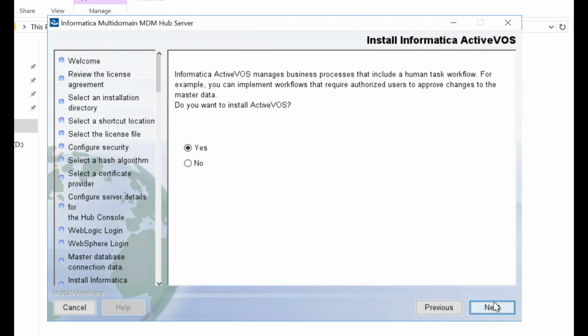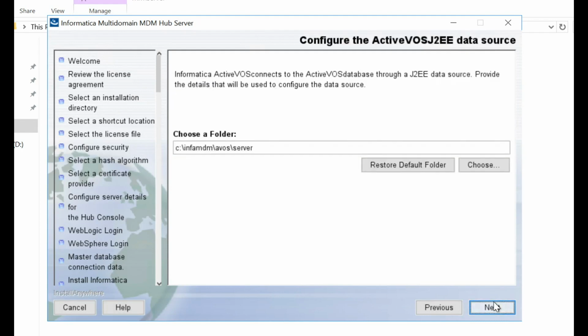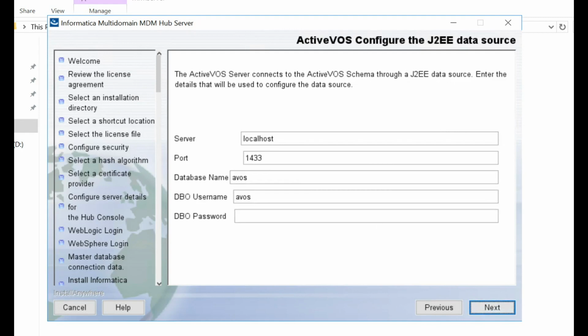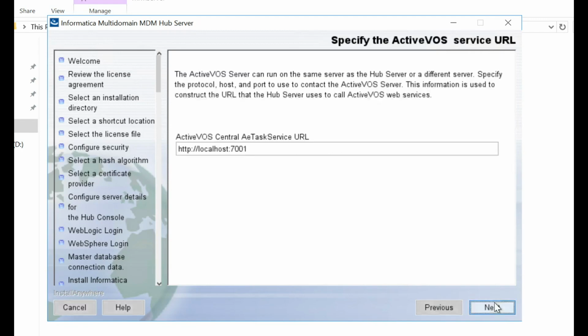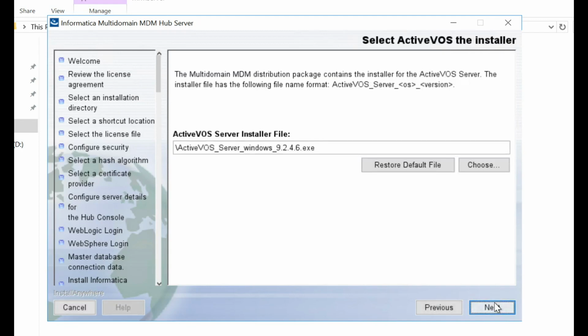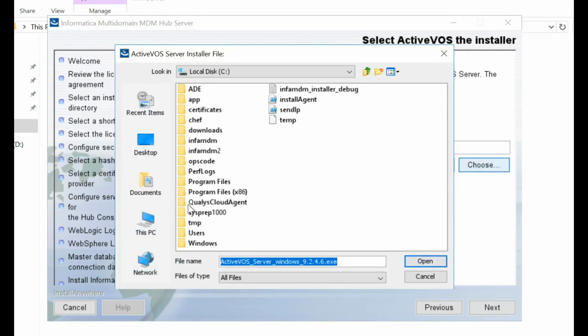We are also installing ActiveVOS along with the hub server. Provide the installation directory. ActiveVOS DBO password. Provide the installer for the ActiveVOS server.